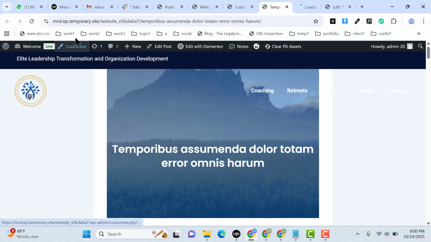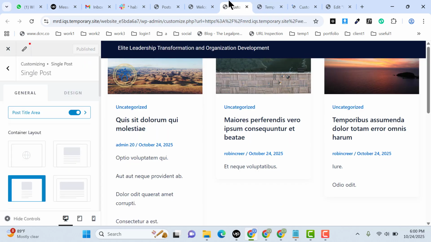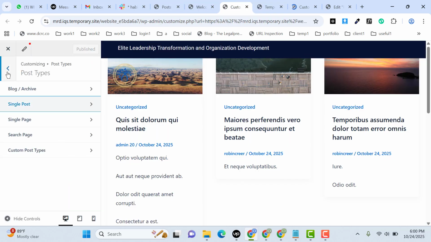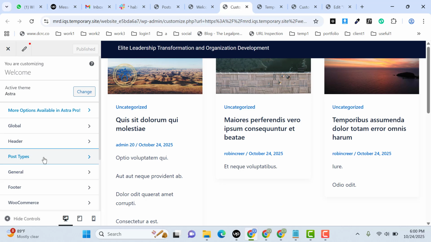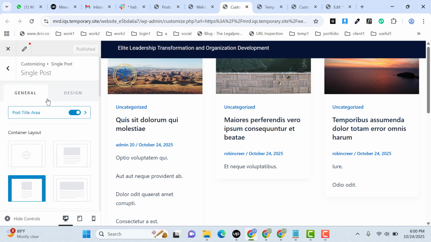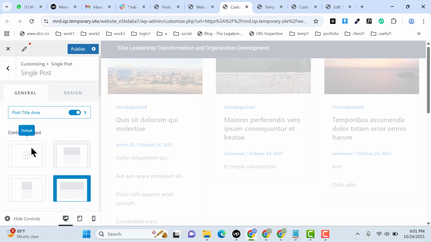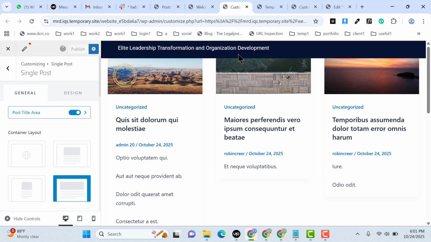Simply, you can go to the theme customizer, and on the customizer page you can go back to the post types, then single post, and after that here you can see by default it's selected narrow. You can select full width, normal, whatever you want. After that, click on the publish button,